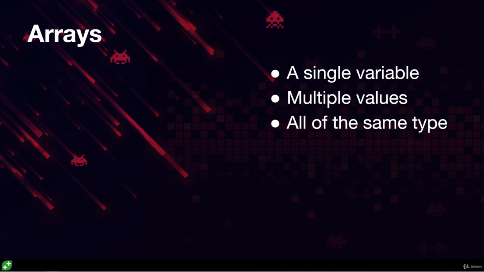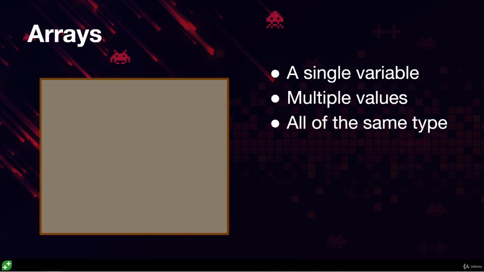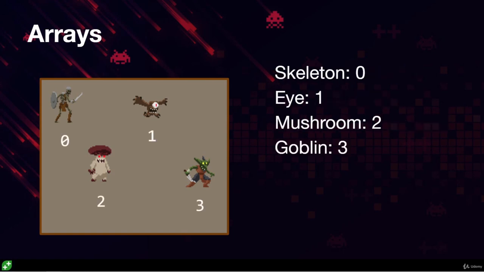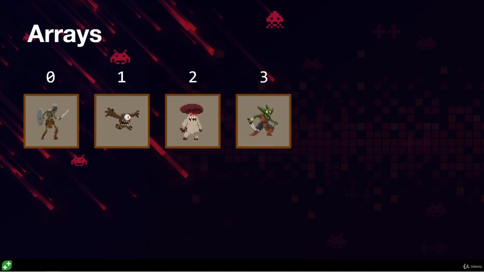Now, all of these values in the array must be of the same type. Now imagine we have a video game and there are different types of enemies in the video game. Now imagine that you assign an integer value to each enemy type just to be able to identify it. So out of these four enemies here, our skeleton would be 0, the flying eye monster would be 1, the mushroom would be 2, and the goblin would be 3. Now we have these four different types of enemies, each one with an integer assigned to it for identification, and